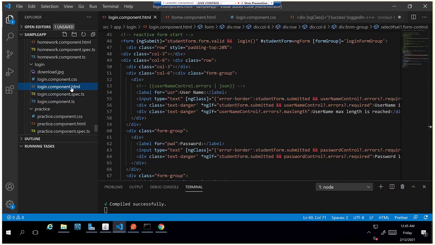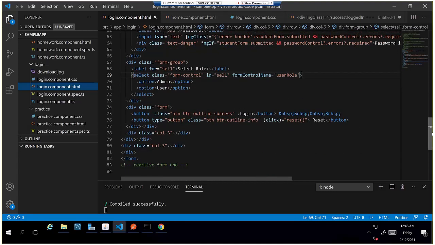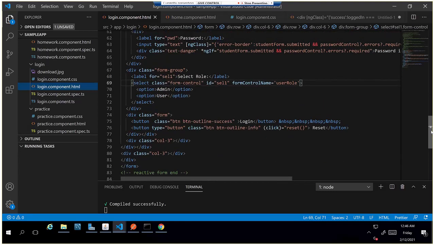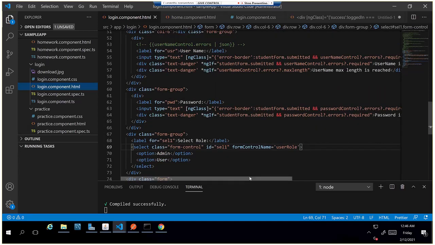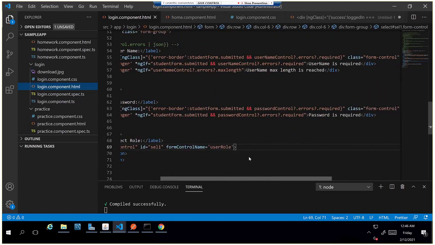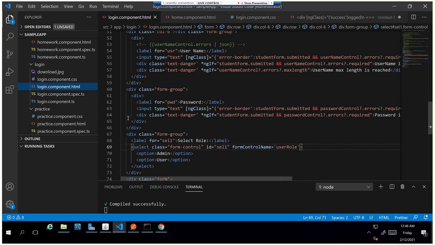Oh yeah, I think he tried to add reactive validations for user role. It seems it didn't work. Can you check what you did? I tried using the same input method, but it didn't work. Okay, for password, required. We'll check that. Password control error required. And then the same thing he tried to add for user role. Oh, you didn't add the name parameter there. Did you add that name parameter? Form control name. Yeah, form control name is not the name parameter.